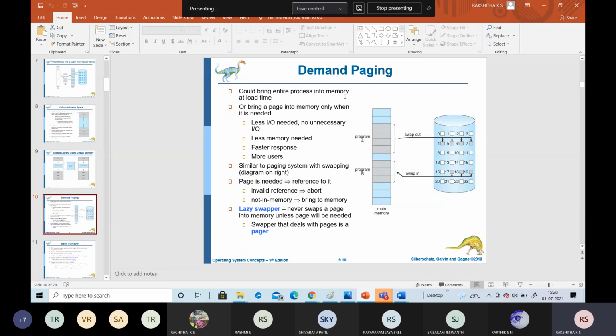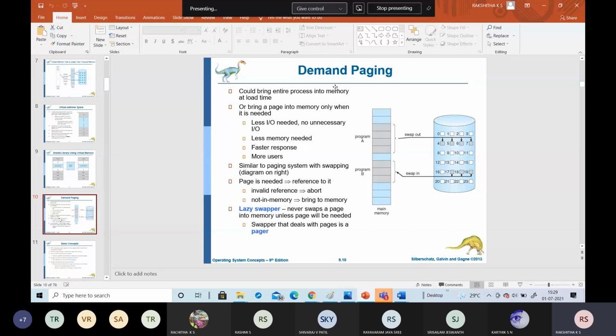Okay, so if there is no requirement and no demand to execute the page, then the CPU does not take that particular page. Why? Because if the CPU takes the page, it will waste time, waste memory and waste CPU utilization. Okay, so to avoid all those things, we do not execute all the programs which reside in the main memory. Only if it is necessary do we execute it in the CPU.